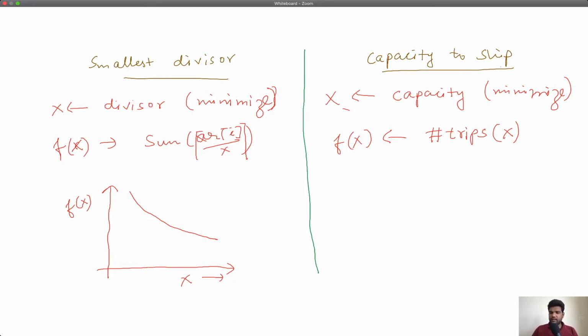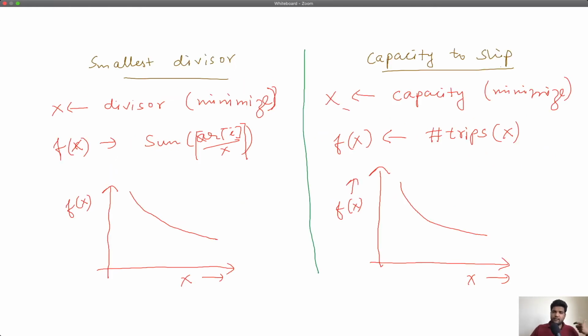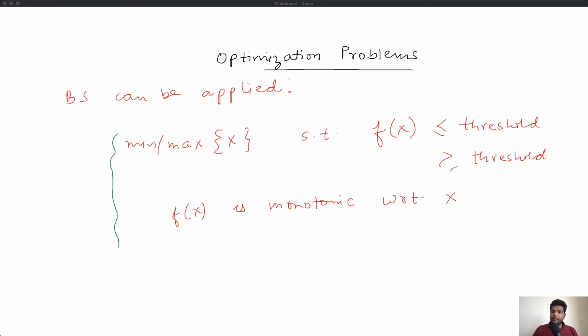And if you see the behavior of X with respect to F(X) here as well, you would see that as capacity increased, the number of trips that it took for you decreased, because now you have a larger vessel which you can use, so you can load more packages in a single trip. So both these problems can be perfectly mapped out to this particular pattern. And now if you take a step back and look at the bigger picture and try to abstract things out, it will start making sense as to why binary search can be applied on this particular pattern of